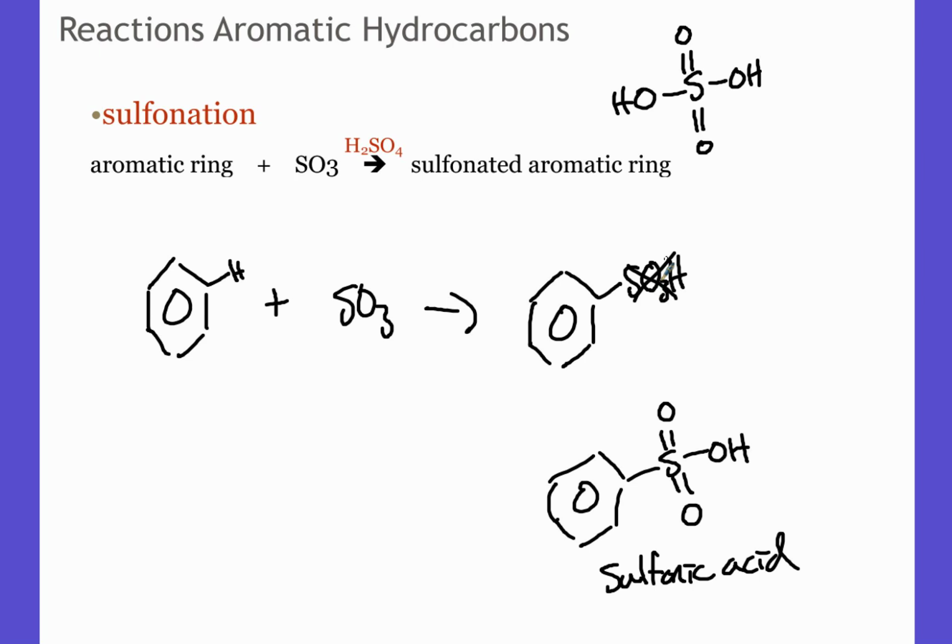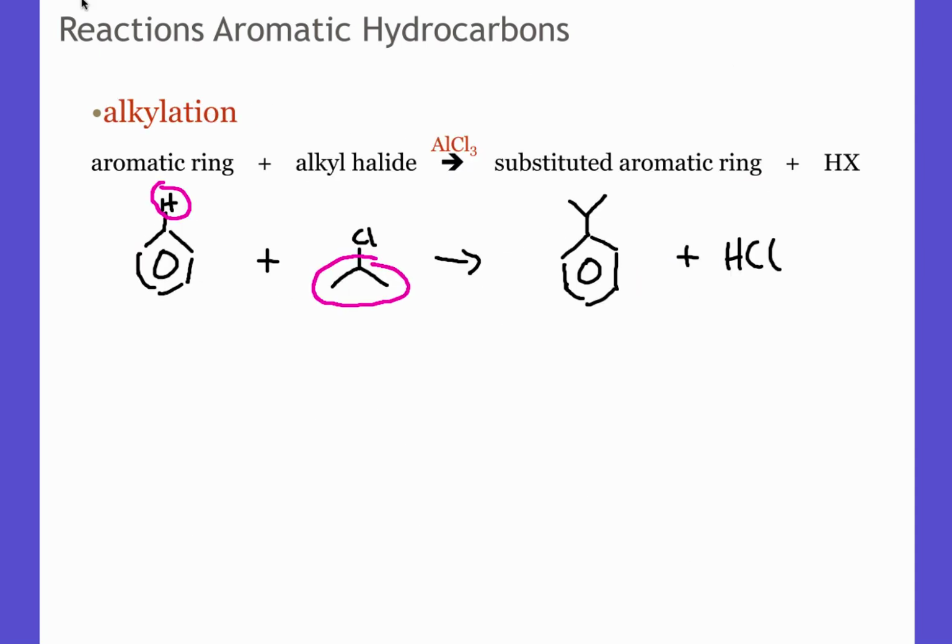If you did that SO3 with an H, that actually isn't technically wrong. I just don't really like the way it looks. I like it to look like this so I can tell that it's an acid, just like that sulfuric acid that was my catalyst to begin with. This is this H2SO4 just drawn out so you can see the molecule and what it looks like. So that is an acid, literally. So is my byproduct, or so is my product down here. It's called sulfonic acid. So again, if I have to check the spelling later and tell you guys I did that wrong, that's fine. But otherwise, you should know how to do all of these reactions and just use examples